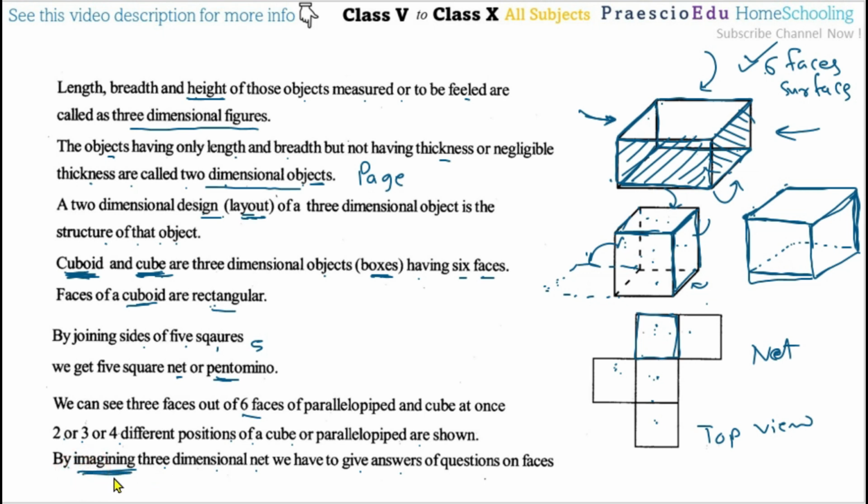So for this one, I am again saying this is a very important point. You have to imagine or you have to observe. You have to take some box or some objects. You observe first how many faces are there, then how many edges are there, how many points, or we can say the corners, or the vertices, actually that is called. How many are there, that you have to count.